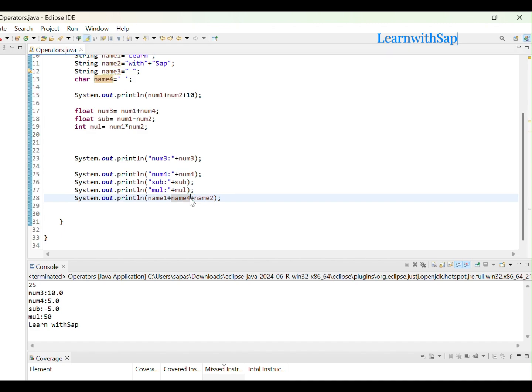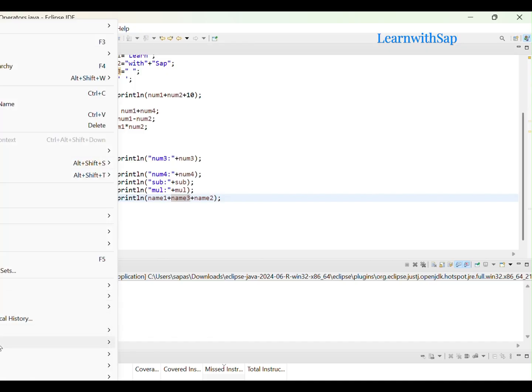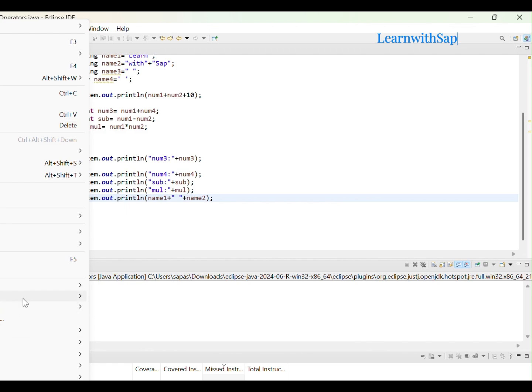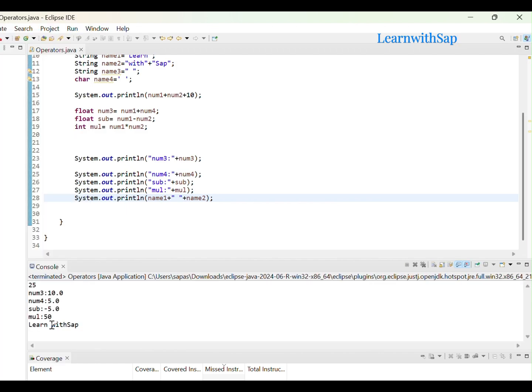Okay. What if I give all strings, like the space also in a string? Will it print or not? Yeah, it will print. What if I don't want to store the space in some other value, but I directly want to add this direct value? This also works. Let me show you. Again, I am running this class. See, Learn, the space, it prints with SAP. Okay,